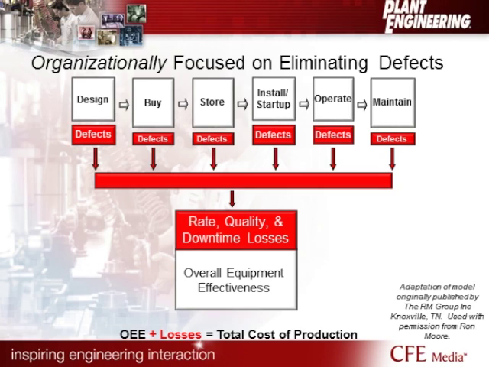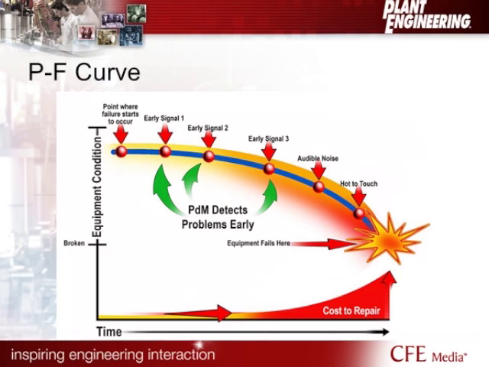I'm going to take us into the P to F curve, and this is the next slide. So you can begin to see, I talked about if we can identify these issues early, could be through predictive maintenance or in any one of the predictive tools. It gives us that time to make that repair. And this graphic here, what I want to show is simply that if I can identify it early, the cost of repair is going to be substantially lower.